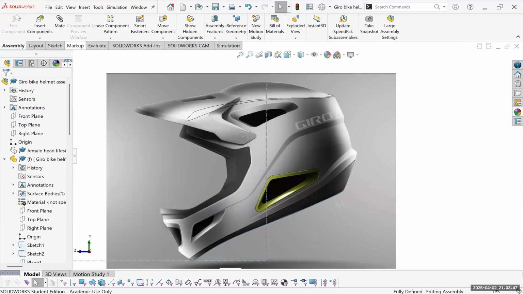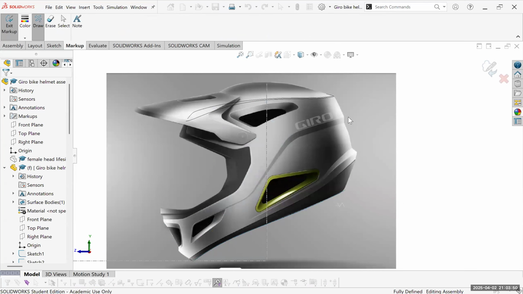So the goal for today is to come in and create this cavity, and remove this whole portion out of the main surface that we have, and then go ahead and